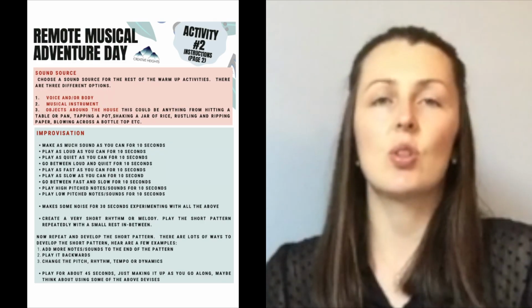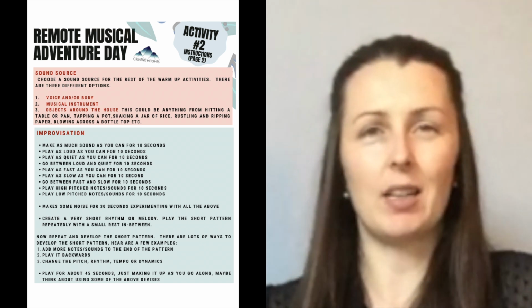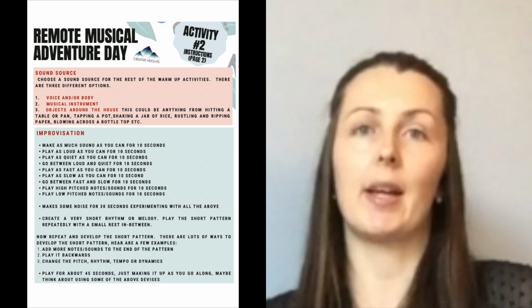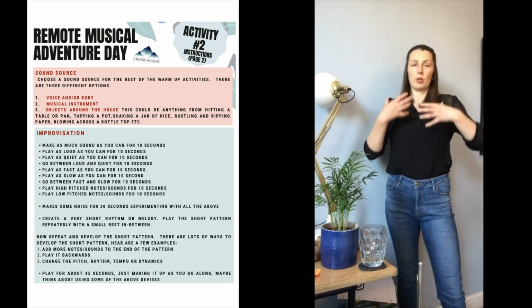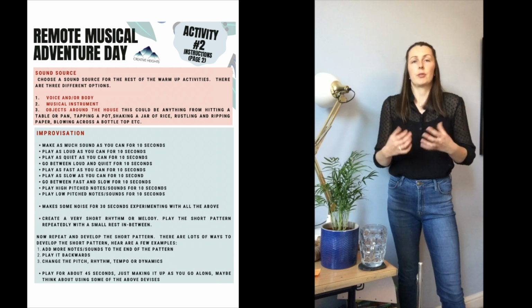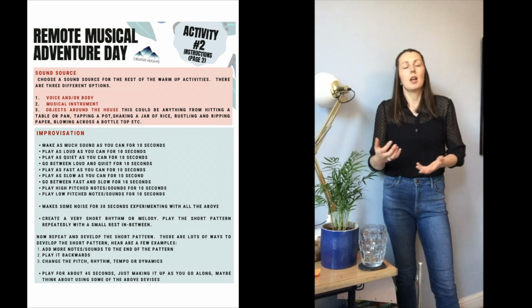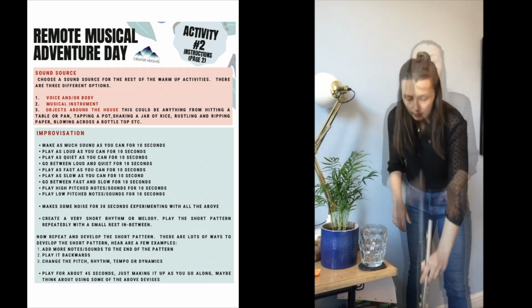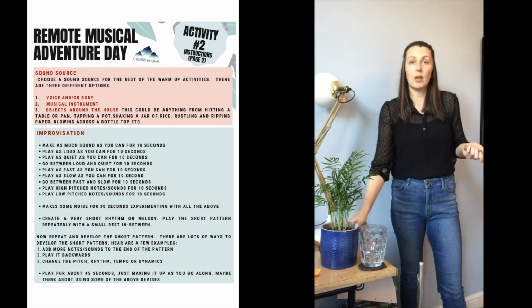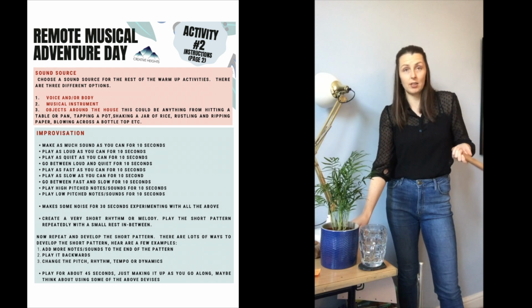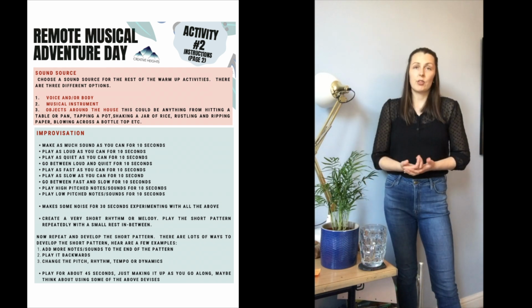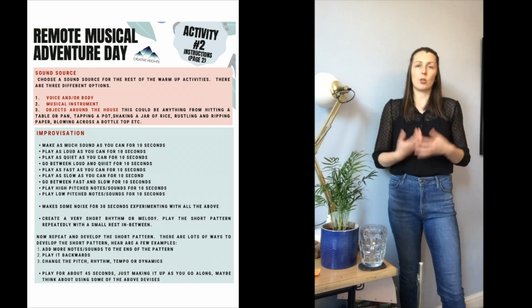Now we're going to explore the different sounds that we have available to us to play with. So that's one option, simply using our bodies and voices to create sound. Second option is if you have an instrument in your house, you can use that. So for example, I've got my flute. I've also got a few pieces of percussion. So if you have an instrument in your house and you have access to it and you want to use it, that's fine. If you don't have an instrument and you don't feel like using your body or your voice,